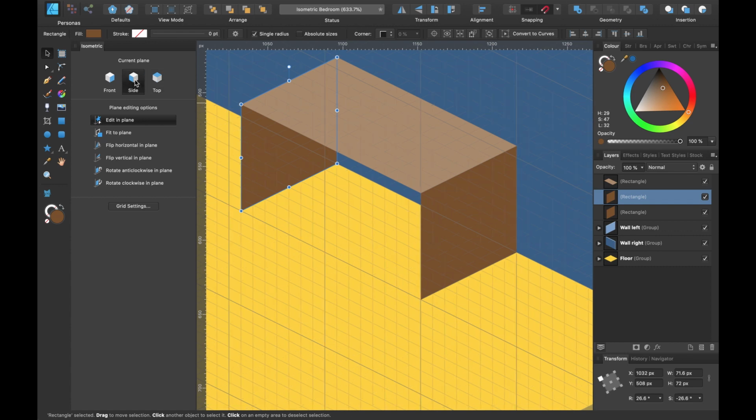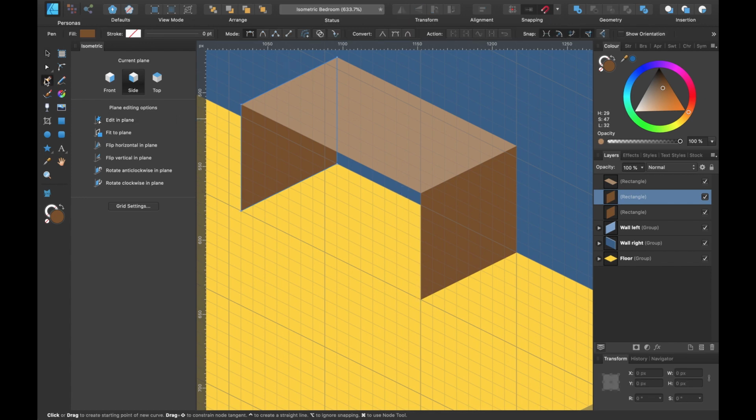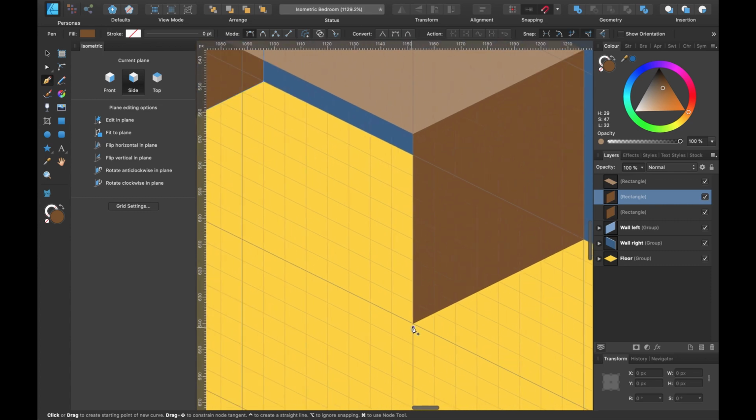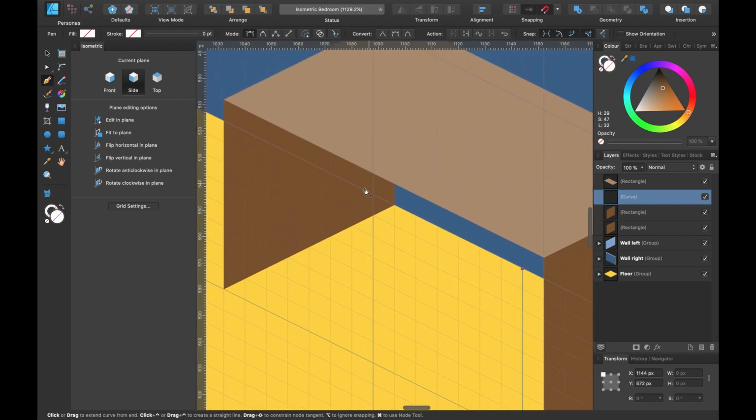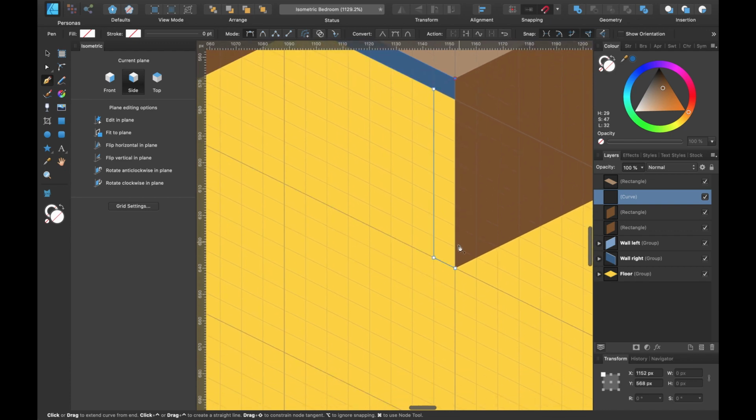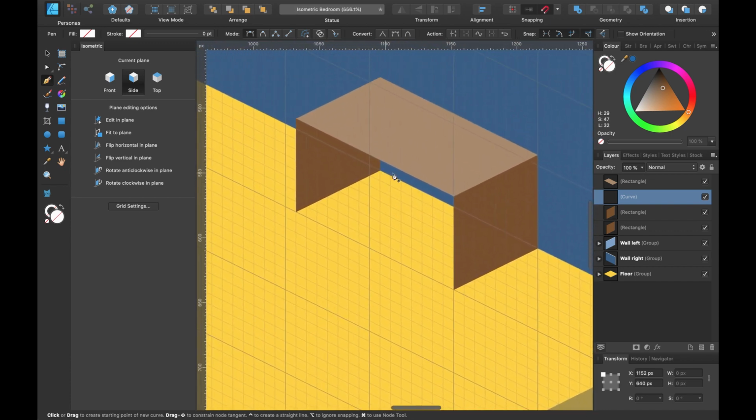So I will click on side and we could draw more rectangles here, but I'll just grab the pen tool for this to make it slightly easier. So I'll just do one block thickness. So I'm just going to click. Okay, well, that's one thickness there. That's one there. One on the left side, down here, and there. Let's just keep clicking all the way around until we complete our shape. And our shape is completed. Now we just got to fill it with some kind of color. So I'll just click on the color tab and make it fairly dark because it's going to be away from the light.